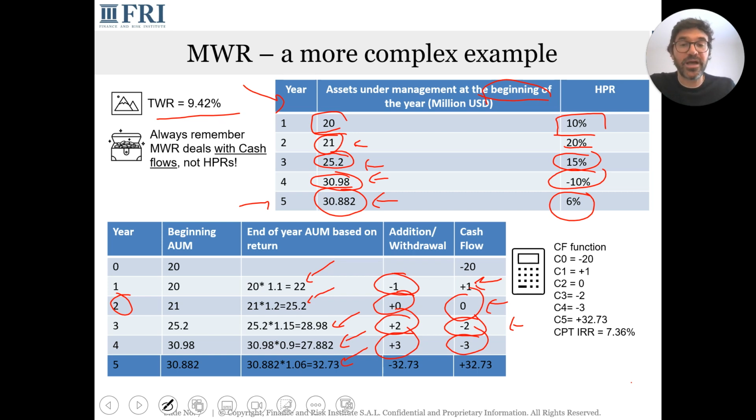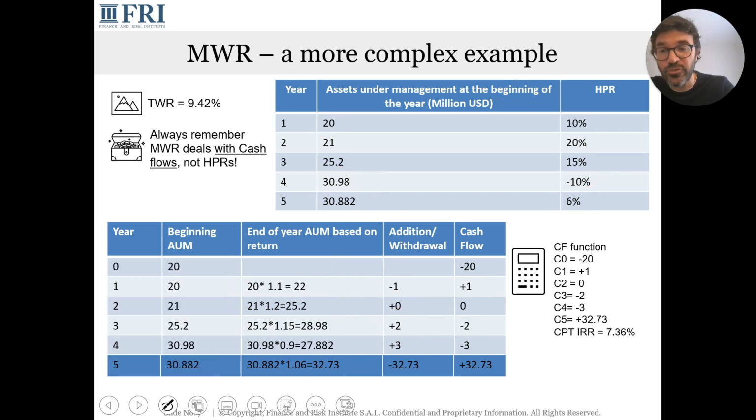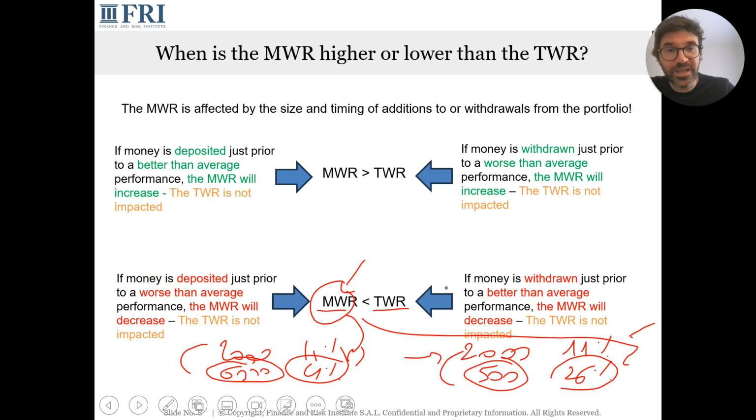You must consider that the 32.73 million, which is the value of the portfolio at the end of year 5, we stopped the investment horizon. It's as if we sold the portfolio for 32.73, and this is an inflow, a final inflow. That's the money back to the investor. You now have all the cash flows that you need to calculate the